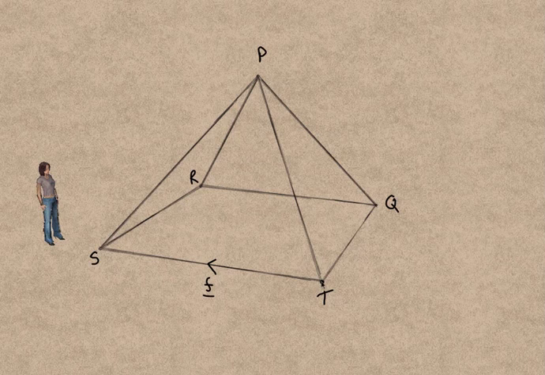Traveling from vertex T to vertex Q, that represents the vector G, and vertex T to vertex P, that represents the vector H. So we have 3 different vectors represented by these 3 sides of the square-based pyramid, and the